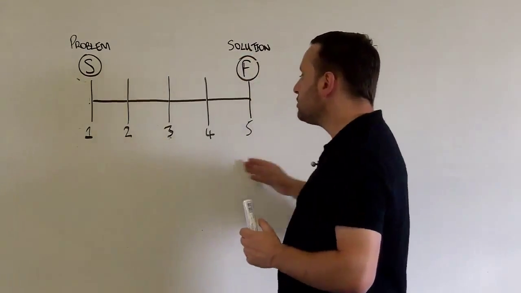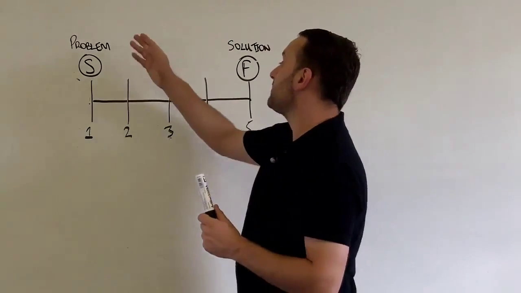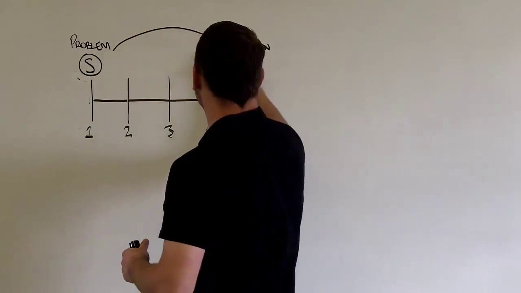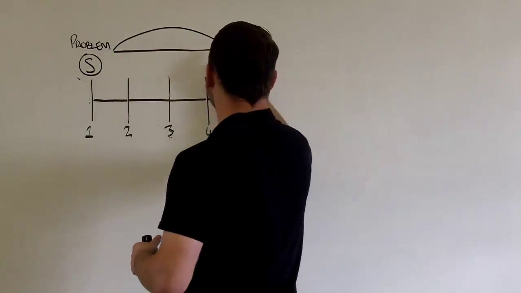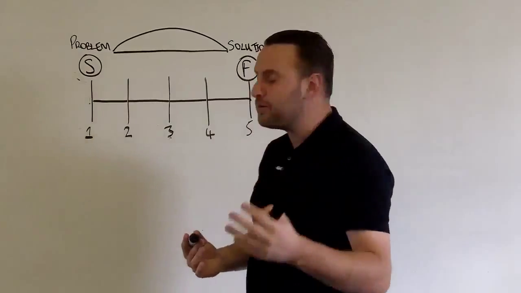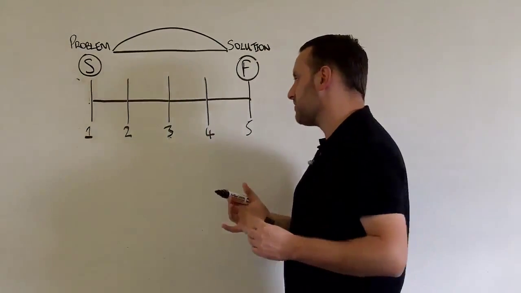Now, what you're looking to do with this system is to find as many of those people as possible. So you've got the problem, and you're bridging over. If you remember what I said in the first video, we're bridging from problem to solution. And when you can do that, you as an entrepreneur, you as the business owner, will make money. And it's all done with these 5 pillars that we've already explained to you.